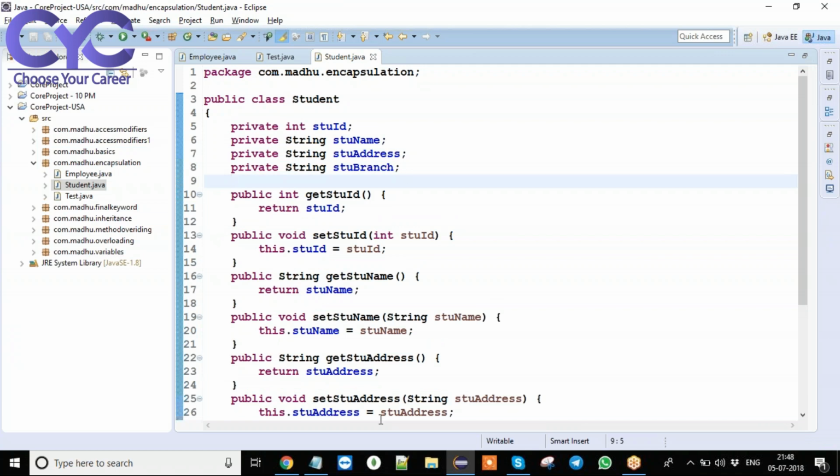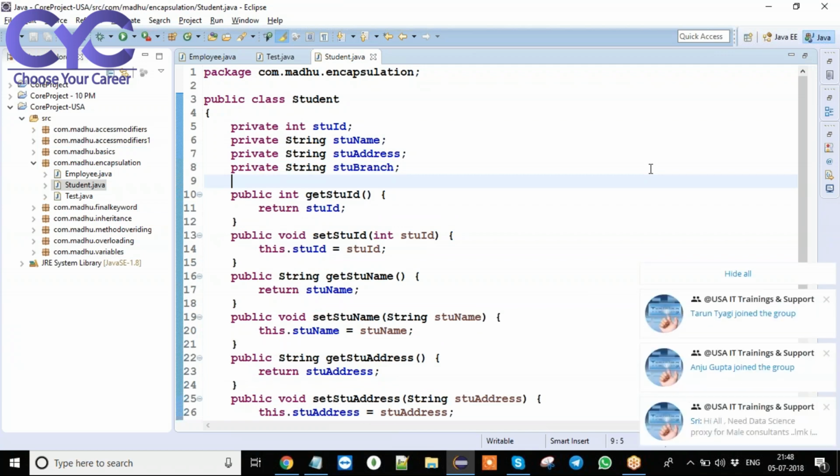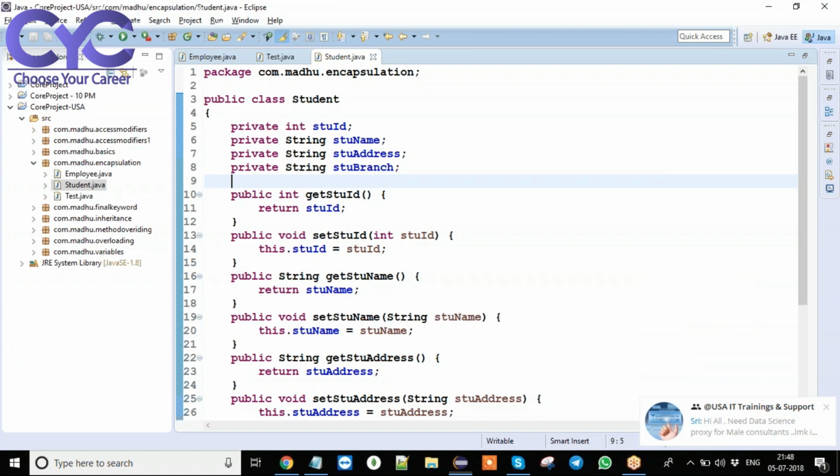Any doubts? No, so it is basically used only to protect the data, right? Exactly, exactly. Just only for the purpose of creating variables, we are going to use this concept with setters and getters. Nothing more than that. In our application development, we will be having variables, right? For all the variables, we will be creating one class. So every variable should be compulsory, should be private only. To access this data, we are going to apply public modifiers like setters and getters. That's it.